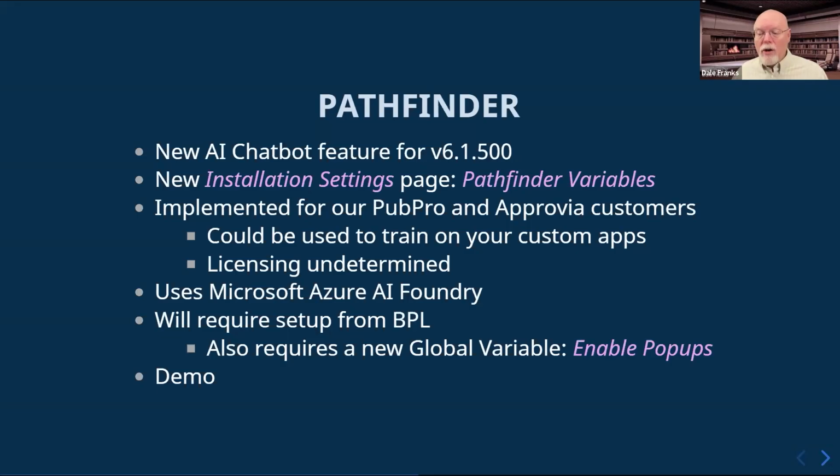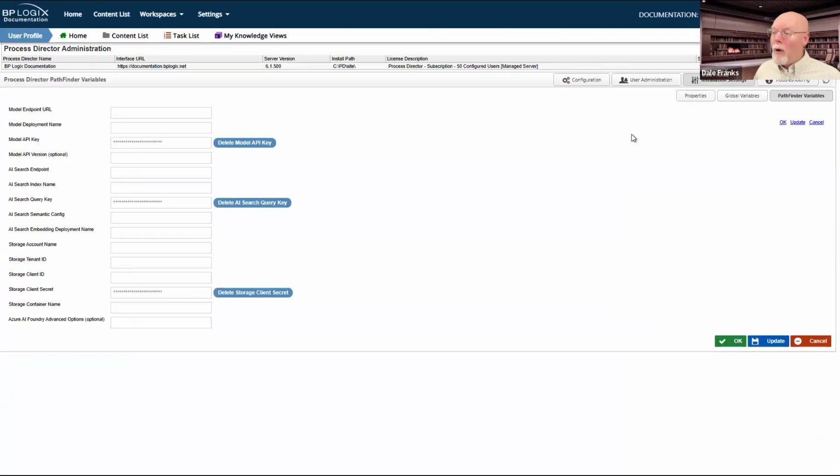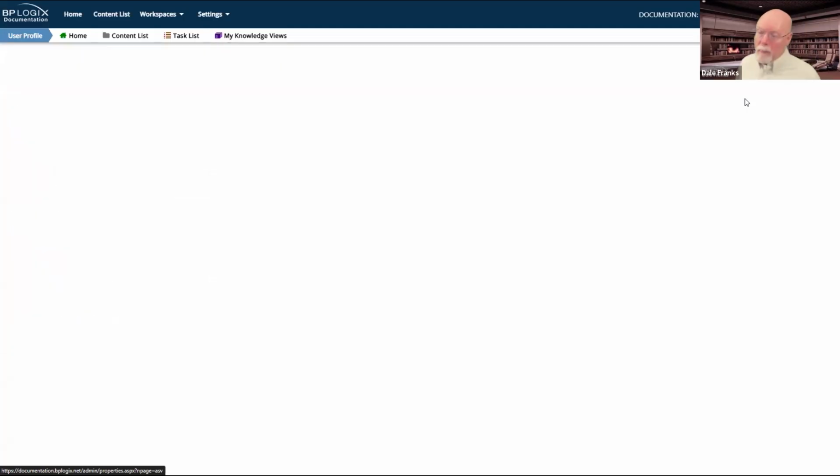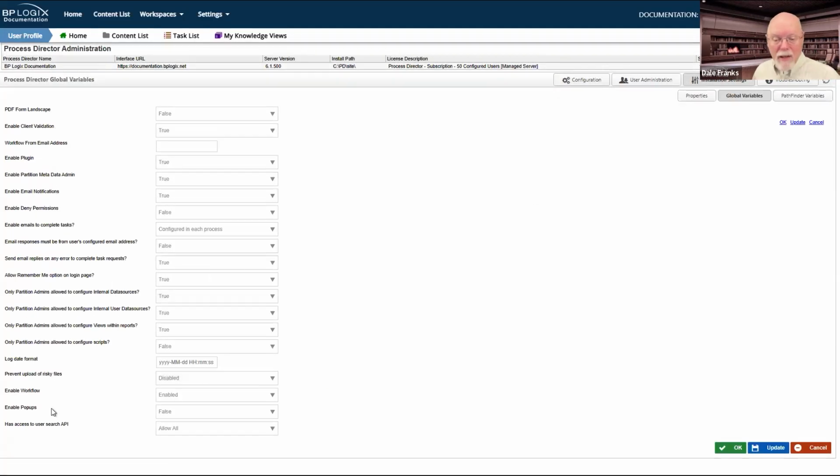So there's also a new global variable that is called enable pop-ups. So on the global variables page, you will also see this new variable here, enable pop-ups. The default will be set to true, which means that your version of Process Director, if you upgrade to 6.1.500, will not be affected in any way.